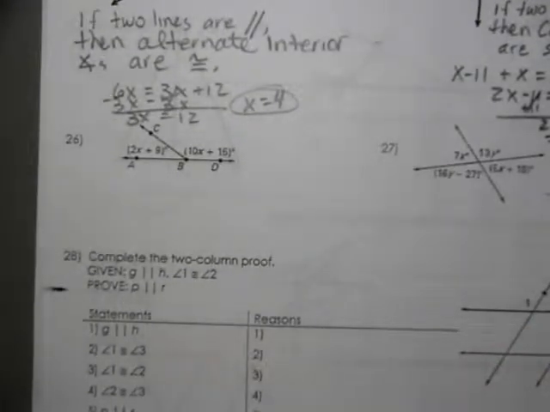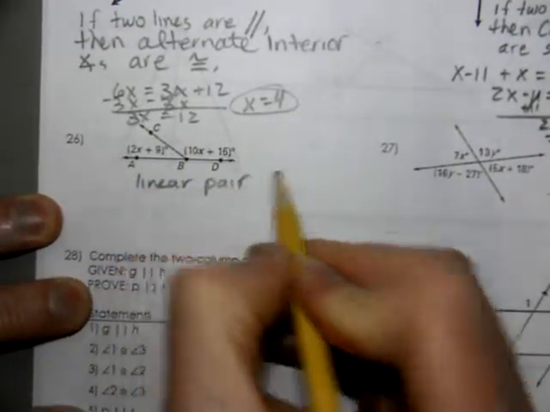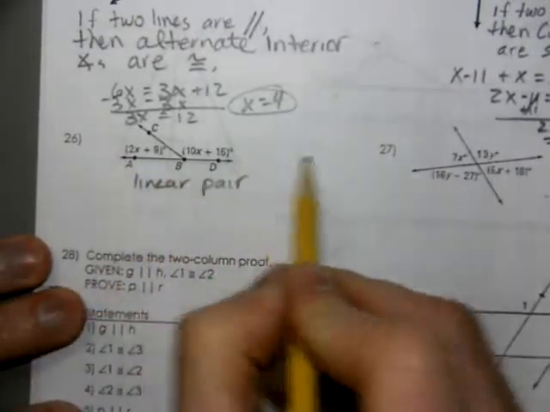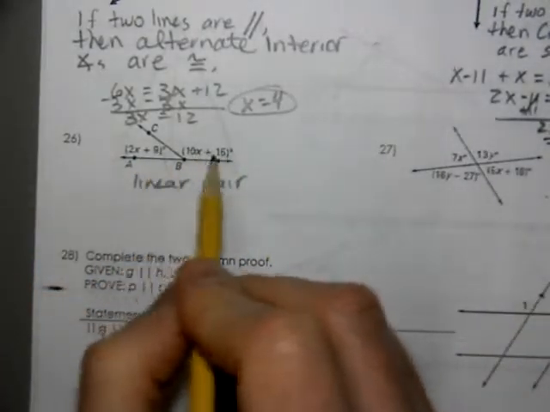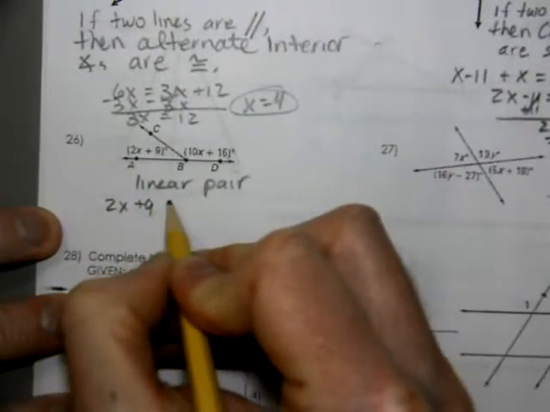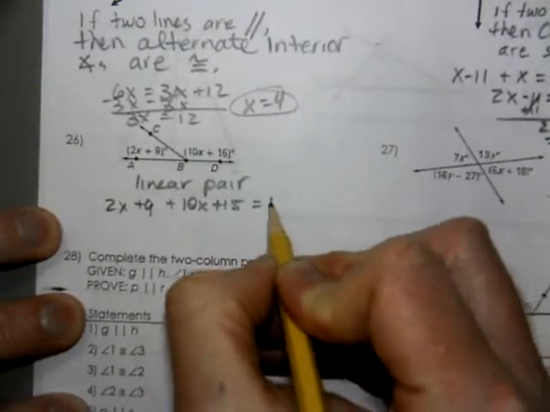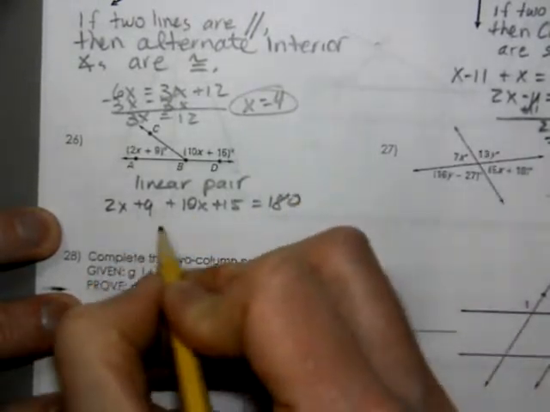Let's look at what we have for number 26. Again, this is a linear pair because it's two angles that are making up this straight line. They're adjacent and they're supplementary. So I know that the 2x plus 9 plus the 10x plus 15 adds up to 180 degrees. It gives me